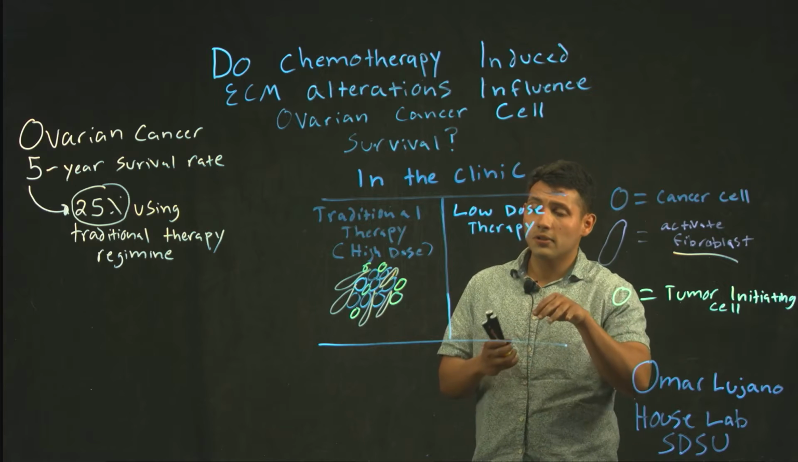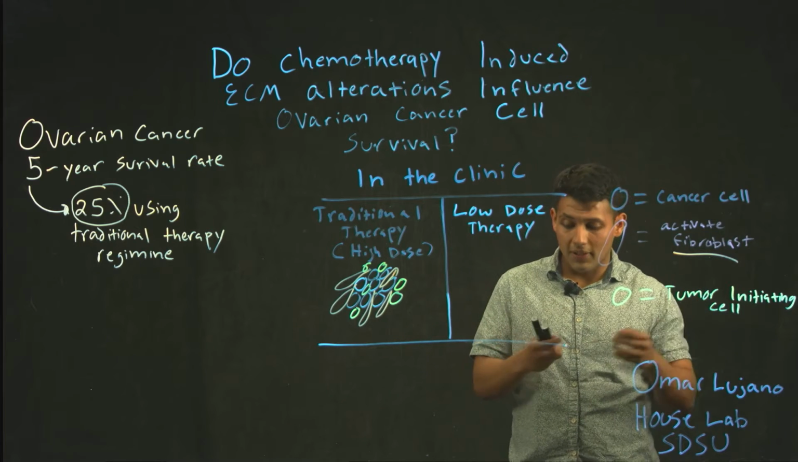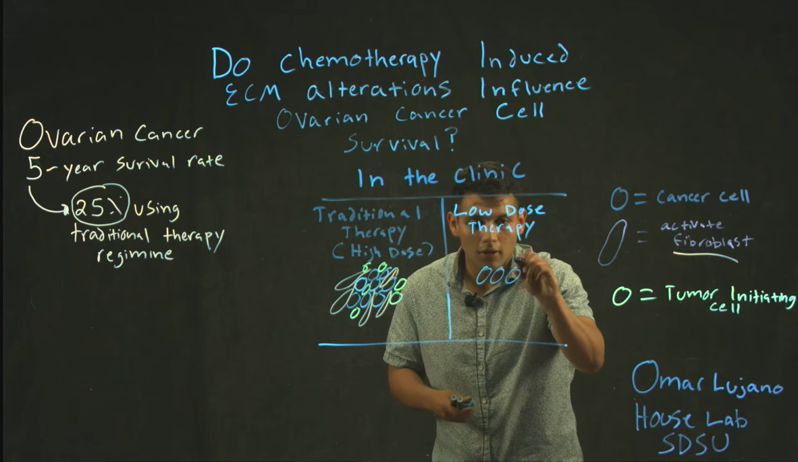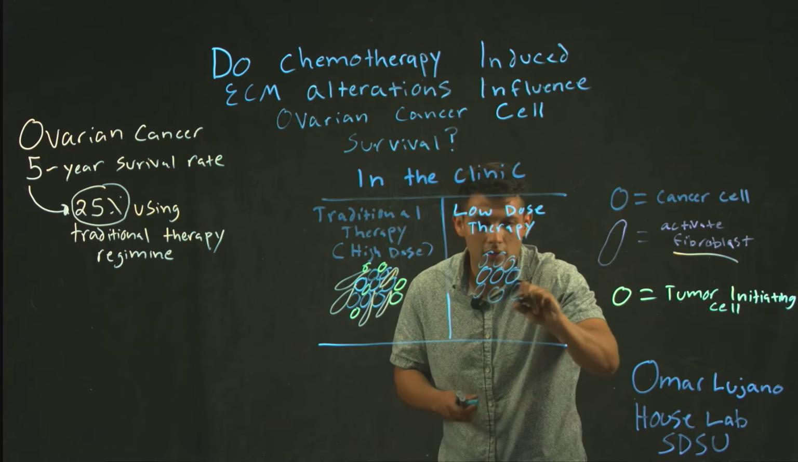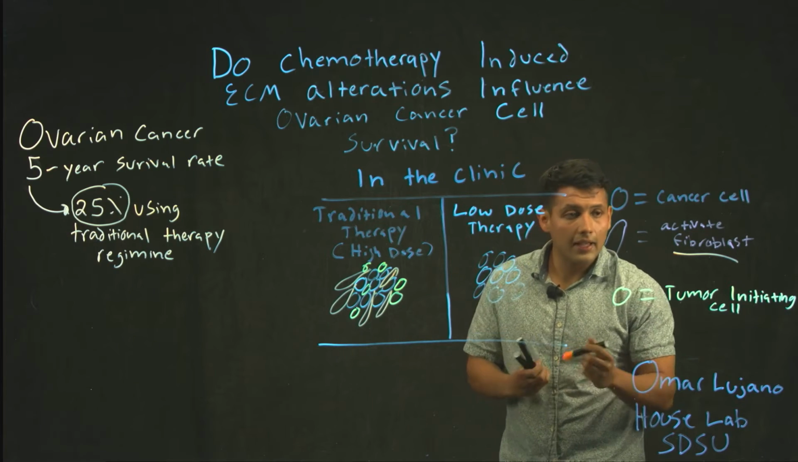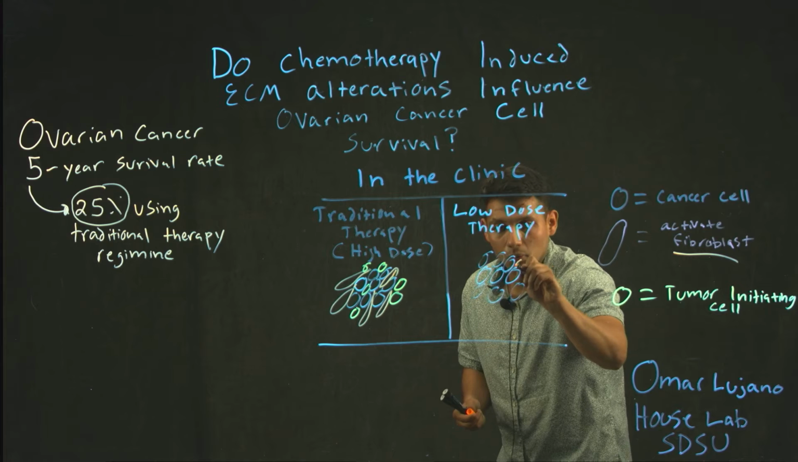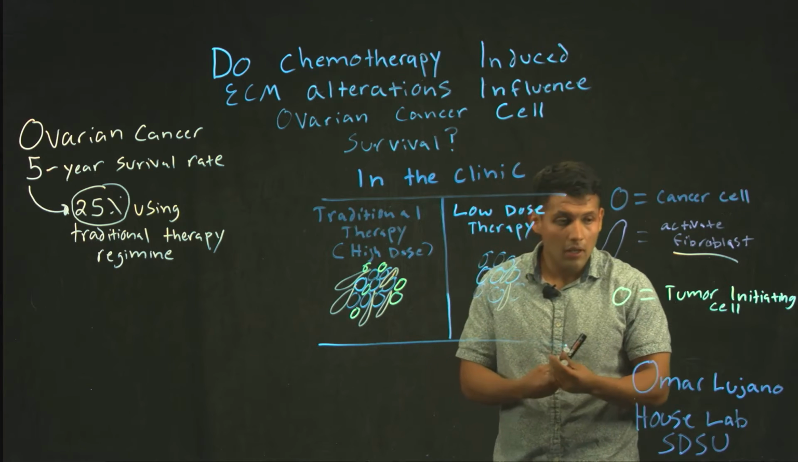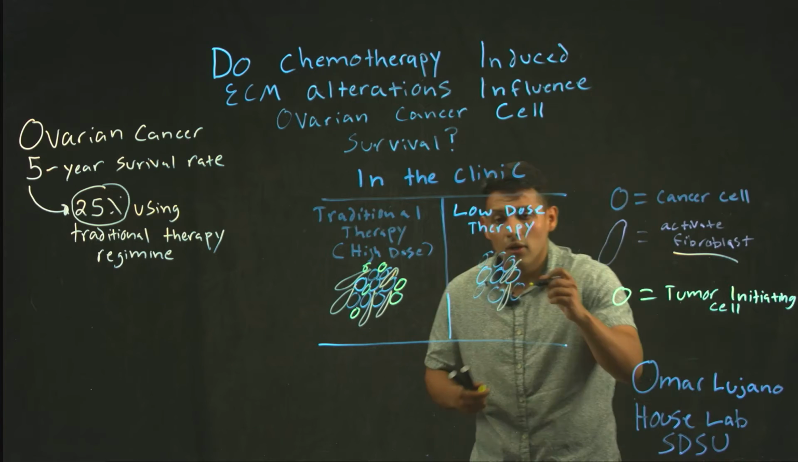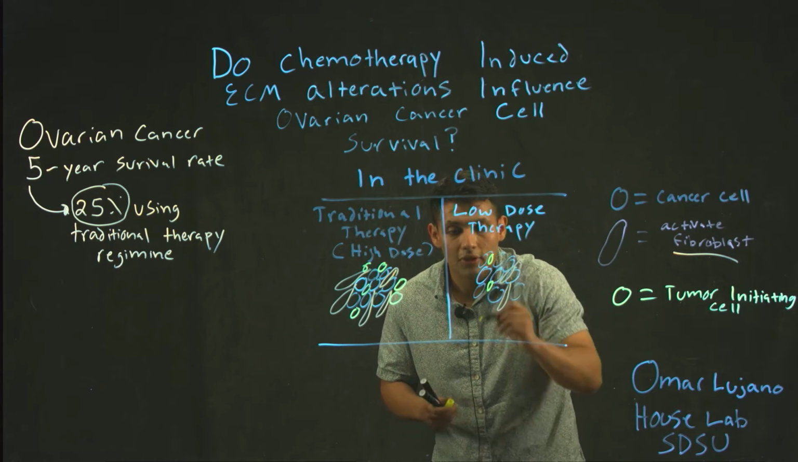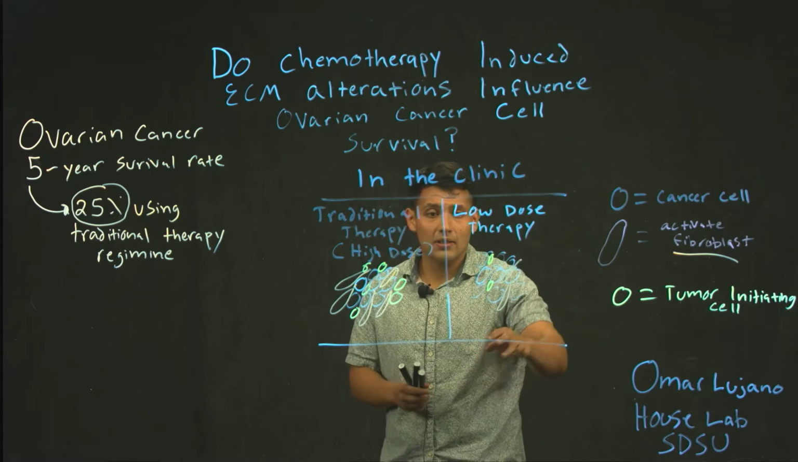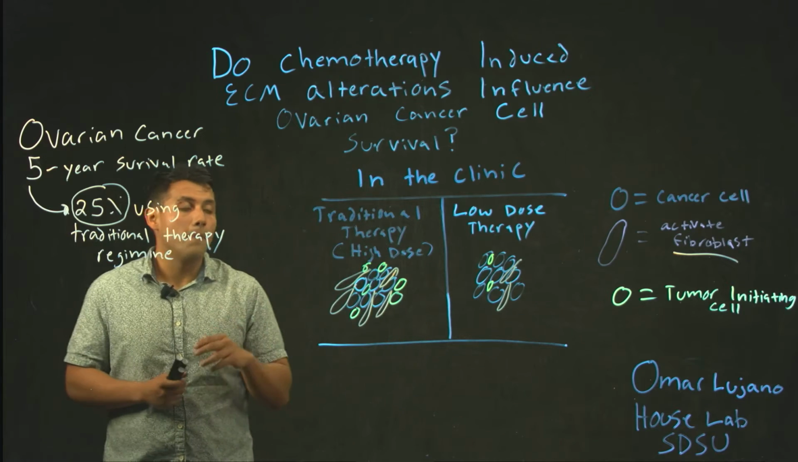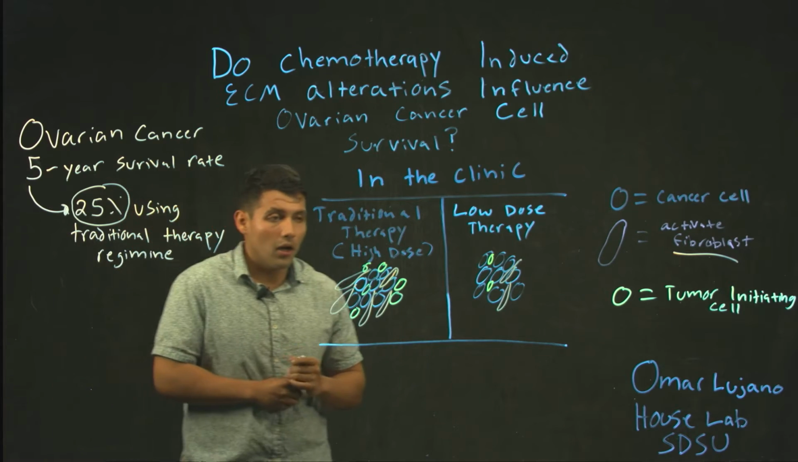However, in clinical trials, especially in epithelial cancers like ovarian cancer and breast cancer, when we do low-dose therapy over extended periods of time, we still see cancer cells in those residual tumors. However, we will see fewer of these activated fibroblasts, so we do not have as many of these stromal cells activated when we do low dose. And importantly, we have fewer of these tumor-initiating cells, meaning, clinically speaking, we should have a lower propensity to relapse. Therefore,